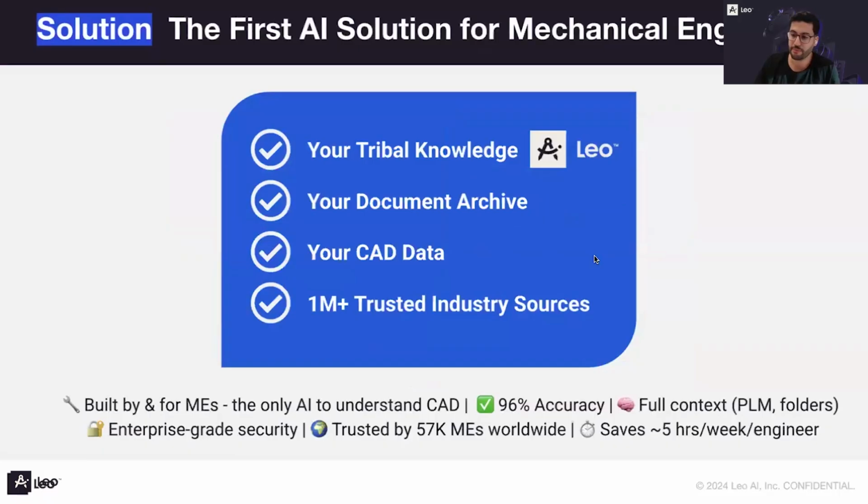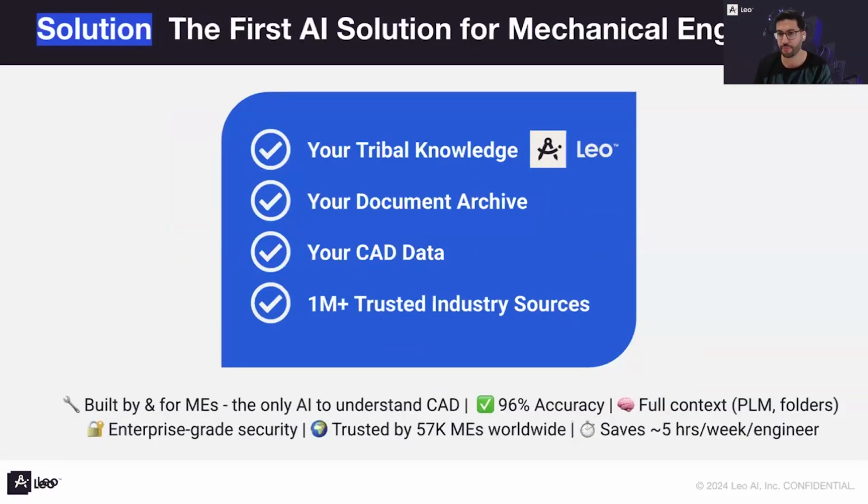So Leo is basically, we're very proud to say that we're doing the most unsexy use case of AI for mechanical engineers. We're very proud to say that, because we believe that we engineers should focus on what we love most and do best, which is building great products, using our imagination and creativity to solve problems. This is the 20% of cream, but the 80% of the tedious work, trying to find information in documents, etc., we should offload to AI. And this is what Leo does.